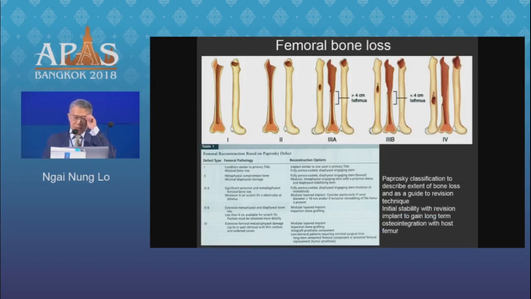So let me summarize the classification. The type 1s, never a problem. The type 2s, also not a problem. And type 3s, when you think type 3s, you decide, do you have a 3A or a 3B? If a 3A, you could always get distal fixation quite reliably using a long stem distal coat implant like a full coat Solution type or Wagner monoblock. By the time you take a 3B, that's when you start thinking, titanium spline tapered stems with a modular type to allow you to get distal fixation independently of your proximal version, length, tension. And then by the time you reach type 4, you start thinking,